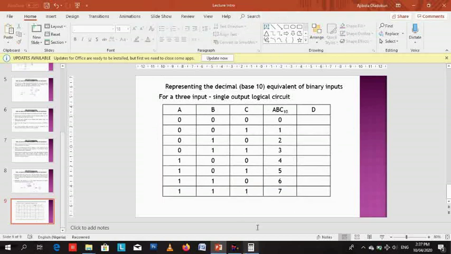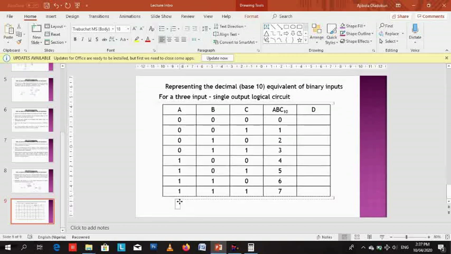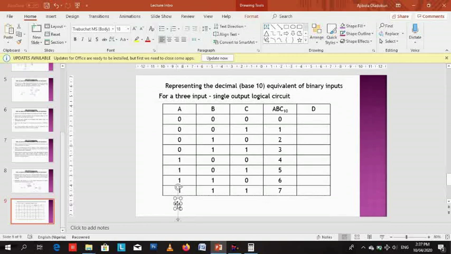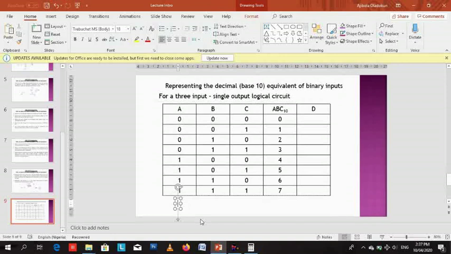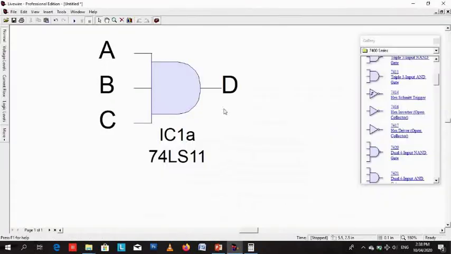So when we create a truth table, our input is actually increasing from 0 to 7. That is, if it's a 3 input logic circuit, we are feeding decimal 0, decimal 1, decimal 2, decimal 3. But in binary form, it might not be easy to see that that's what you are doing. If you convert it to decimal, you see that you're feeding in numbers 0 to 7. So for a 3 input AND gate,